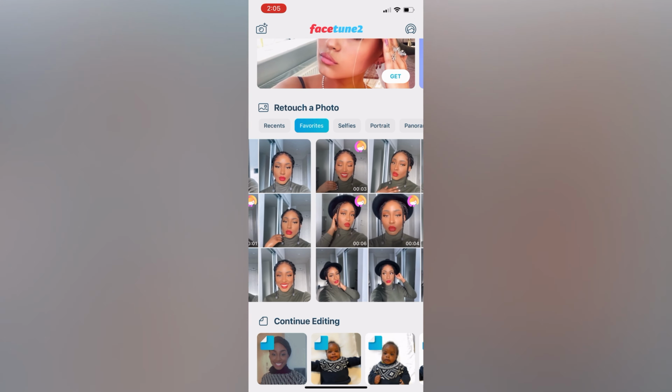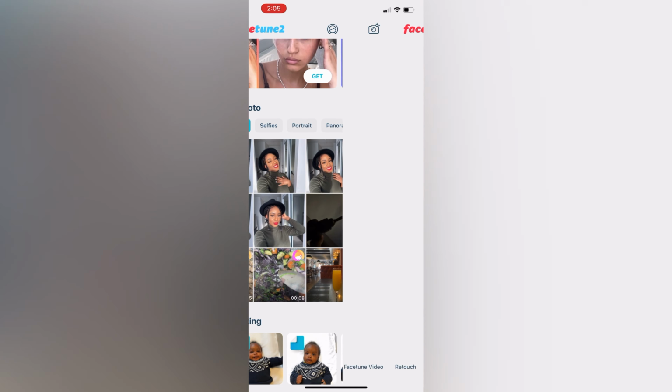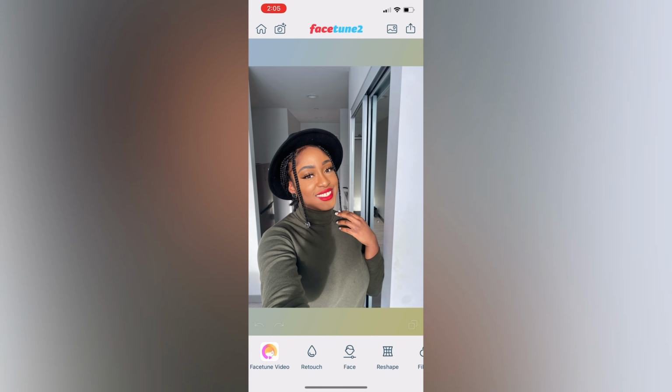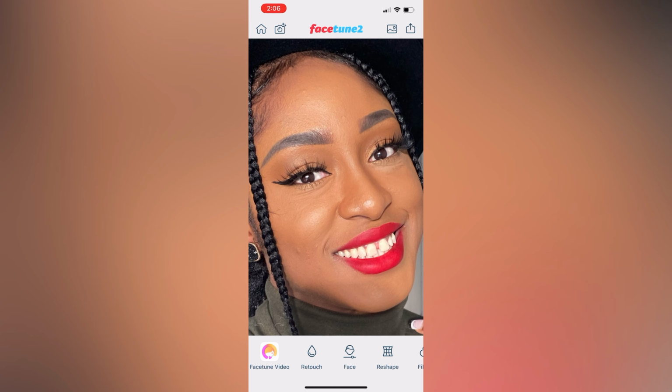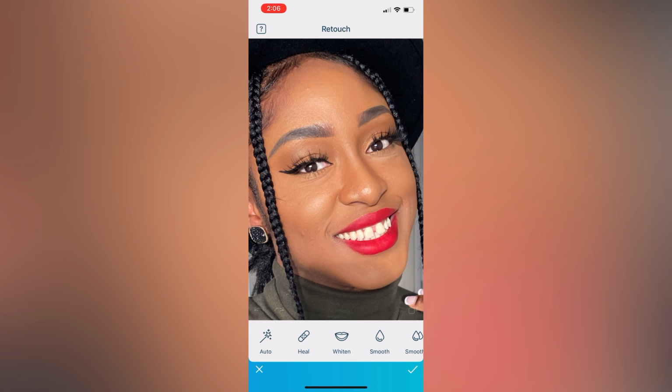Then I'm going to go to my favorites, and that's usually where I favorite the pictures that I like, so it makes it easier for me to find them. After that, we're going to start. So now I'm just going to zoom into the picture so that you can see clearly what I'm doing. So the first thing is I'm going to just click on my, let's see,